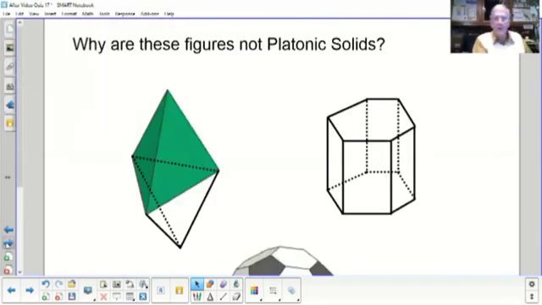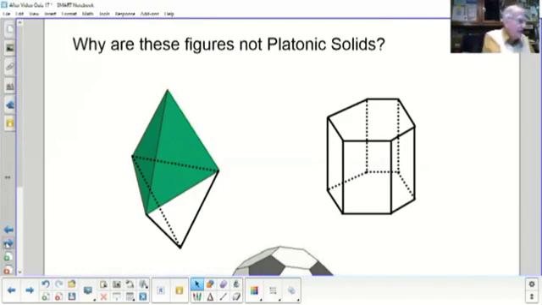Here are some more important things that we need to go over in relation to the Platonic solids. Why aren't these figures Platonic solids? Well, first of all, the figure you see on the left, I've shown you this one before, the green top pyramid up there, cannot be two pyramids exactly like that put together. It cannot form a Platonic solid, because